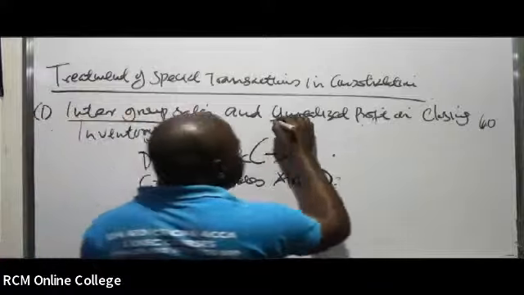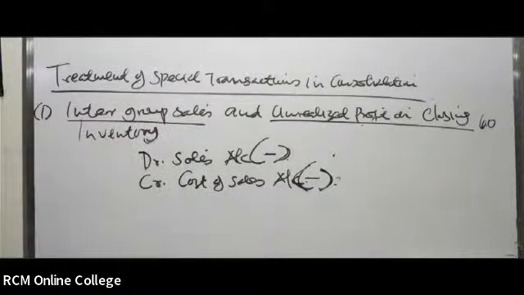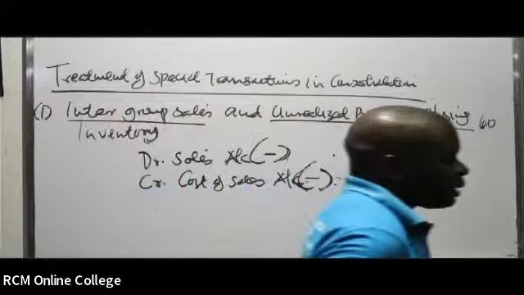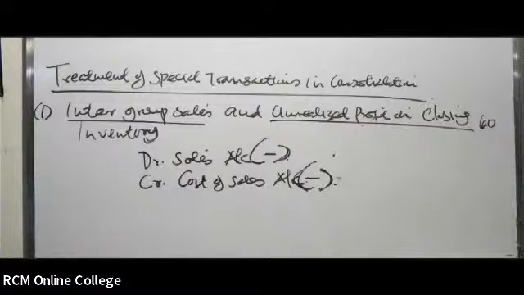This is the second part here, which you are calling unrealized profits on the closing inventory. So you can write this: if the goods sold to a member of a group at a profit remain in stock at the end of the financial reporting period,